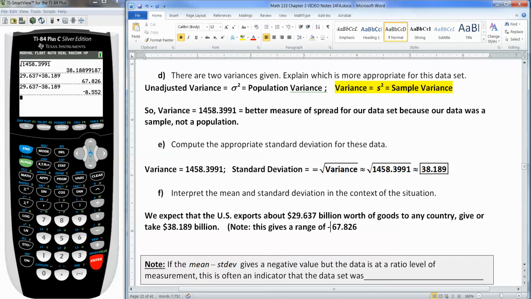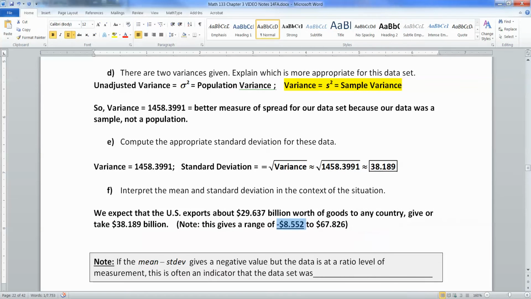So negative 8.552. There we go. Now I'm doing this for a reason because I want you to see something. We said that this data set was ratio, right? But this guy right here, because that turns in negative like that, that's a sign that something funky is going on. Our standard deviation is actually larger than our